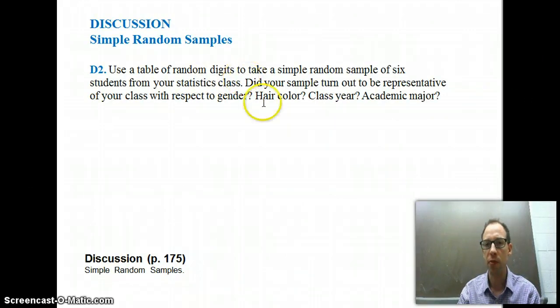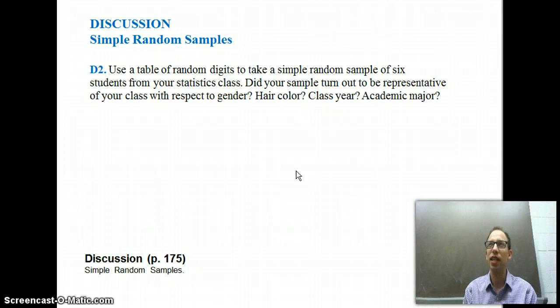One thing I want to point out here: if you take a simple random sample of 6 students, or of 6 anything, you're probably not going to get a very representative sample. Why? Because it takes larger samples to start really representing